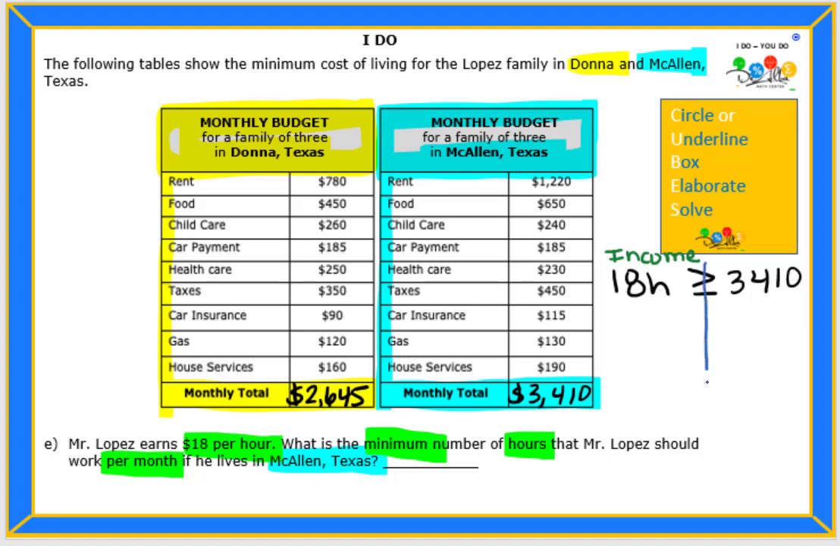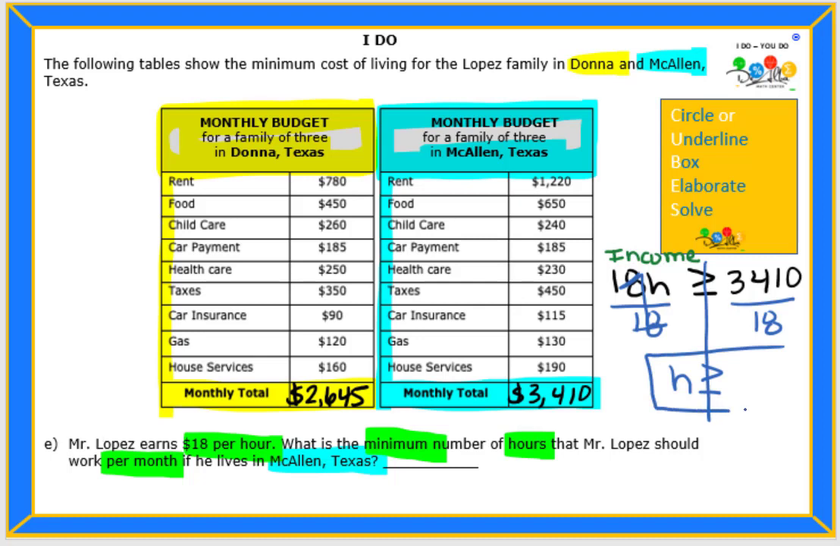So I'm going to put a line down the side. I know I want to solve for h because I want the number of hours. So I need that h to be by itself. I need to isolate the h. So to do that, I'm going to do the inverse operation of multiplying by 18, which is dividing by 18. And whatever I do to one side, I need to do it to the other side. So now here I'm going to do 18 divided by 18, which is 1. And that leaves me with h should be greater than or equal to